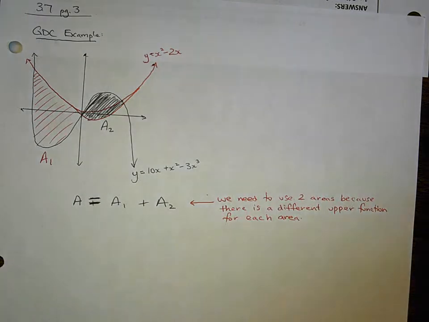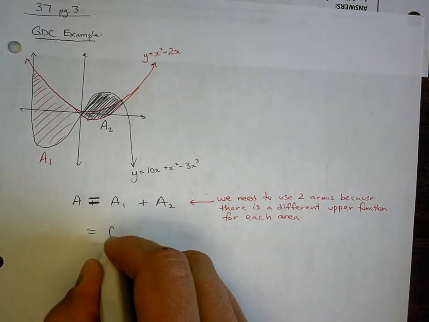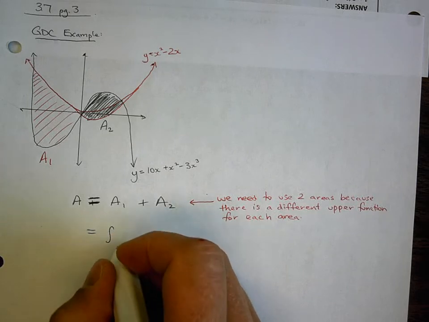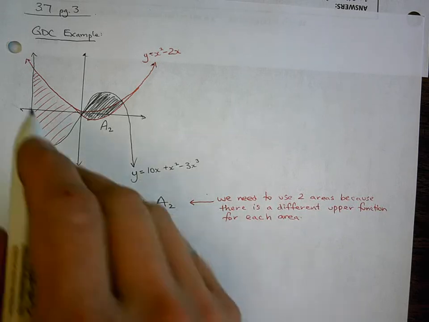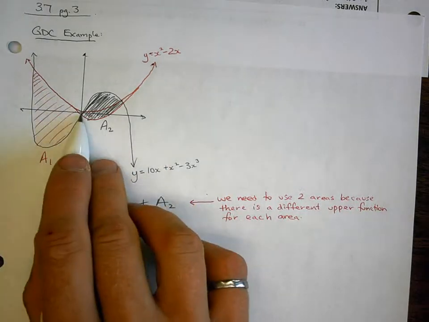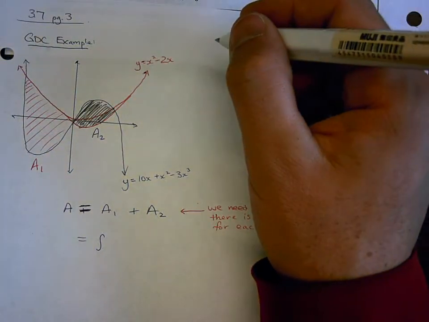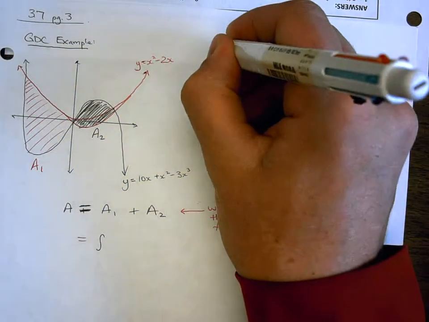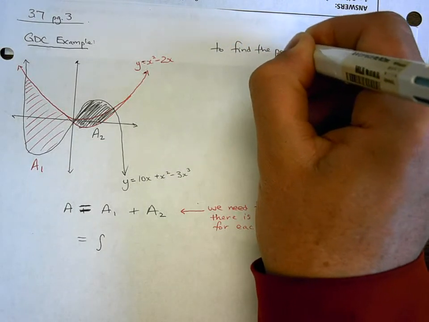But no problem, because we have a fancy formula, which is the integral of, okay, we need the lower bound and the upper. So for A1 I need to know this x value and this x value. Okay, so to find the points of intersection,